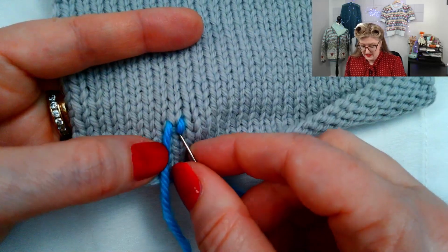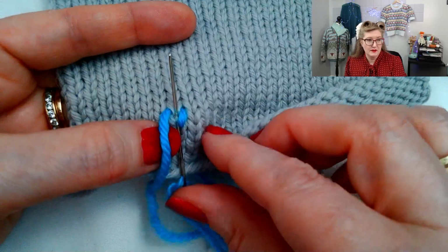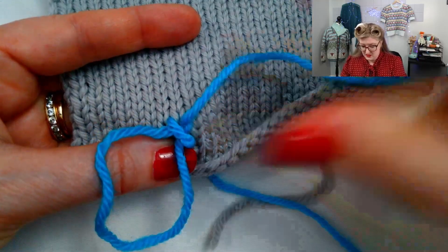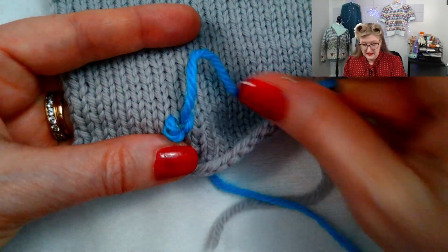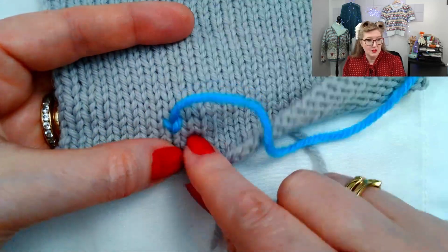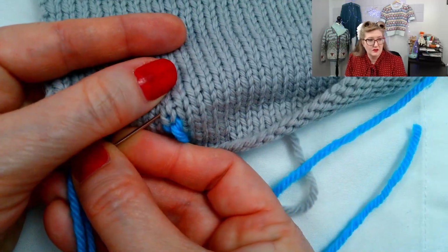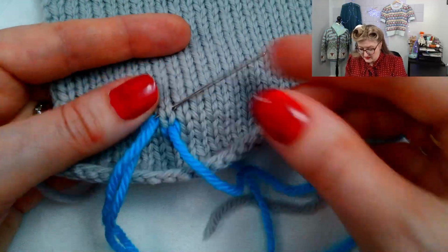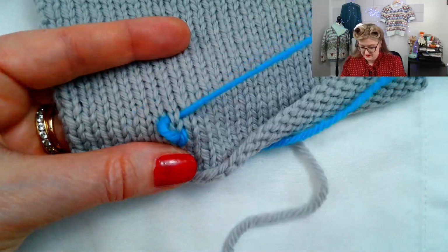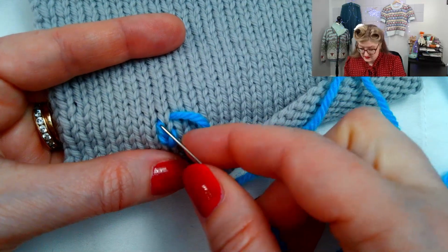And then go back down. If we're doing a vertical line, you will pivot up to come out of the bottom of the V in the stitch above. Now vertical lines, in order to make them look the best, you should alternate the direction that your needle travels. So now I will go from left to right. Like so. And then